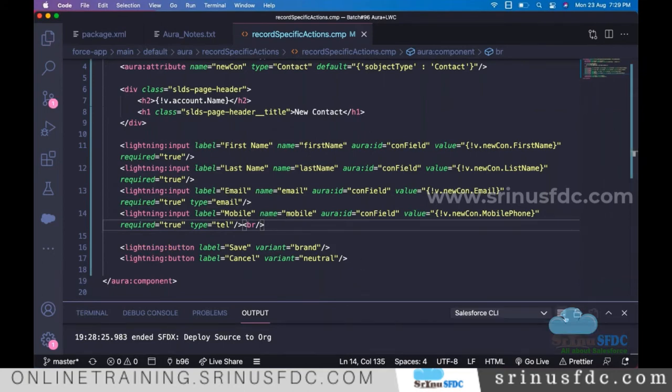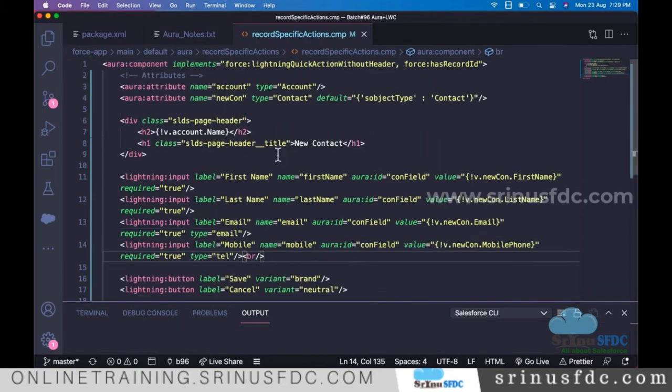So now what I'm going to do: as soon as we open this form, I'm going to query for the account based on the record ID. Since we are inheriting this interface, internally there is a system attribute with the name record ID.